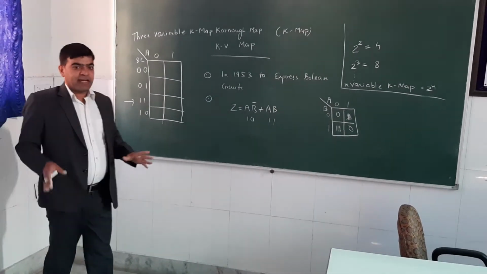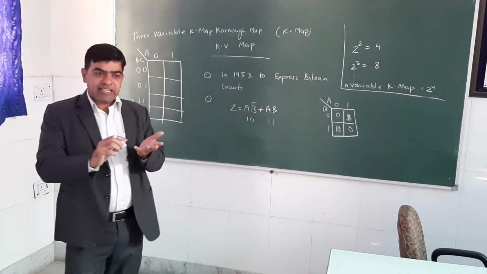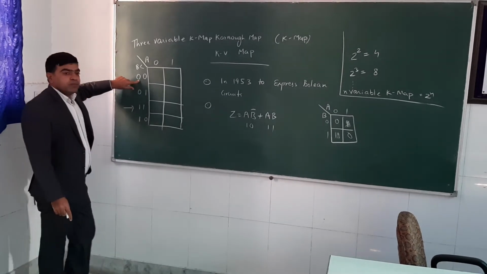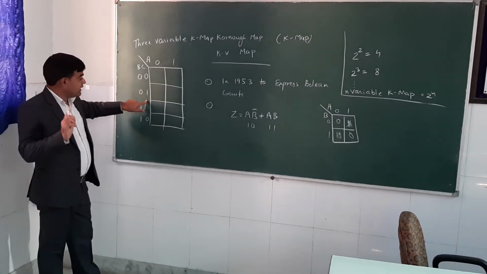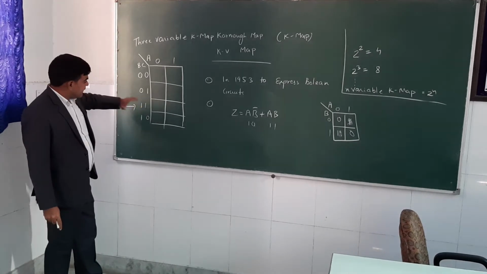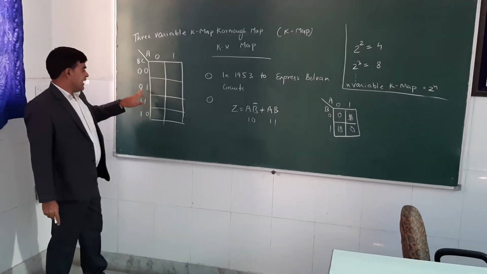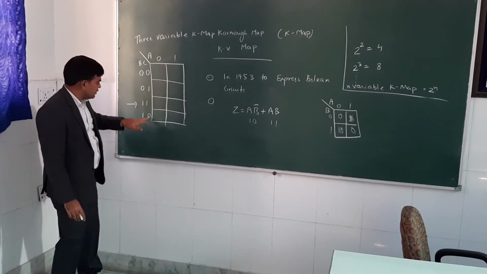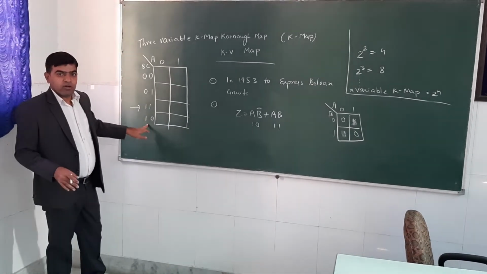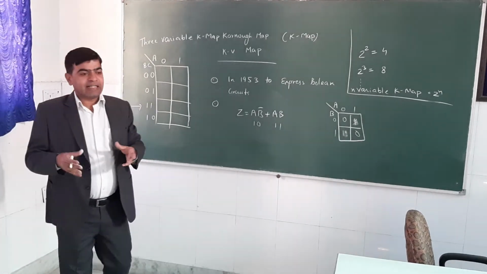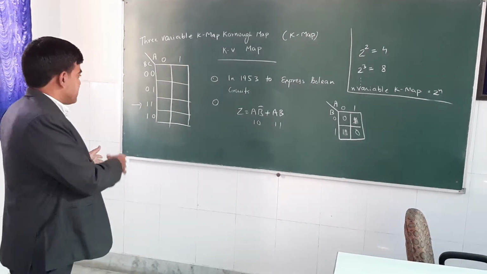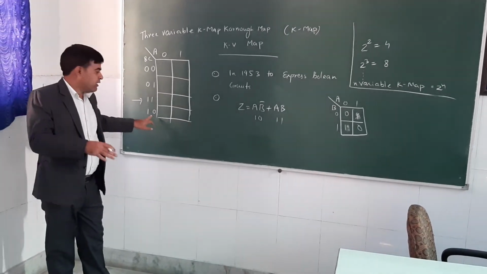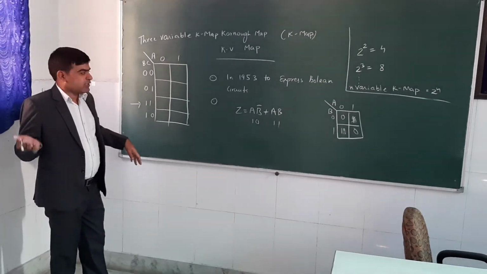I will tell you the reason why I choose 1 1 before 1 0. In the K-map, as I told you, we can change only one bit at a time. If you are moving from 0 0, I change only one bit, 0 to 1. In the next step, I keep the 1 as it is and change the other 0 to 1. In the next, I change 1 to 0 and keep the other 1 as it is. This is the logical reason why I choose 1 1 before 1 0, though generally we have 1 0 before 1 1 in digital electronics.